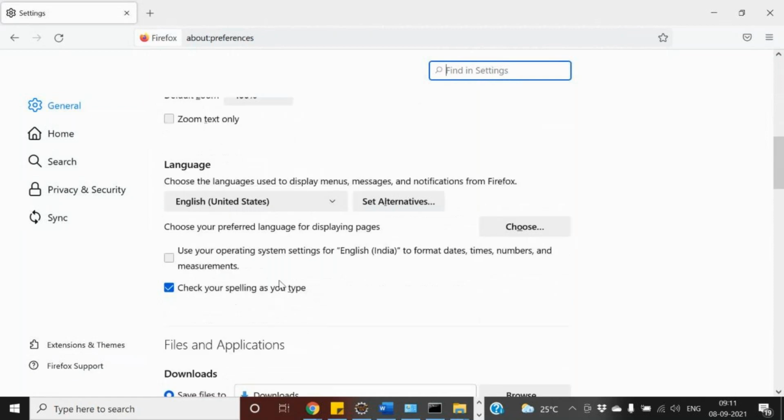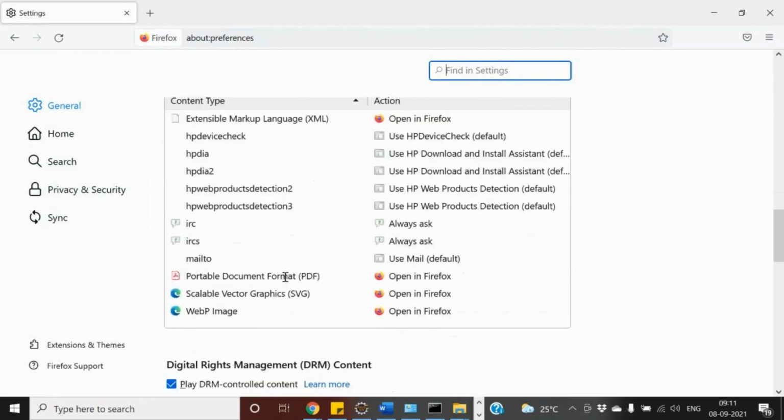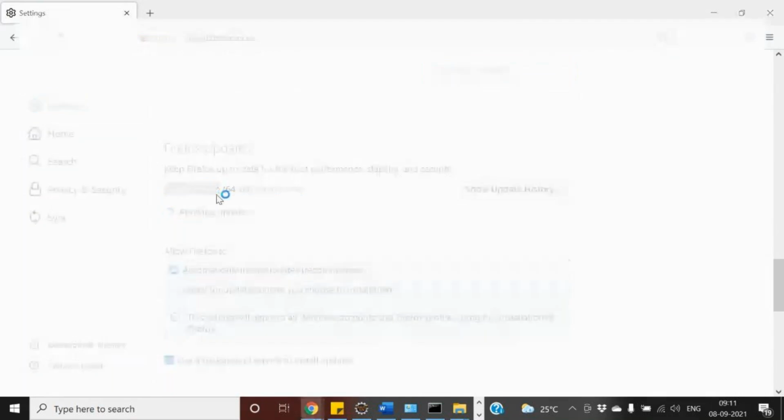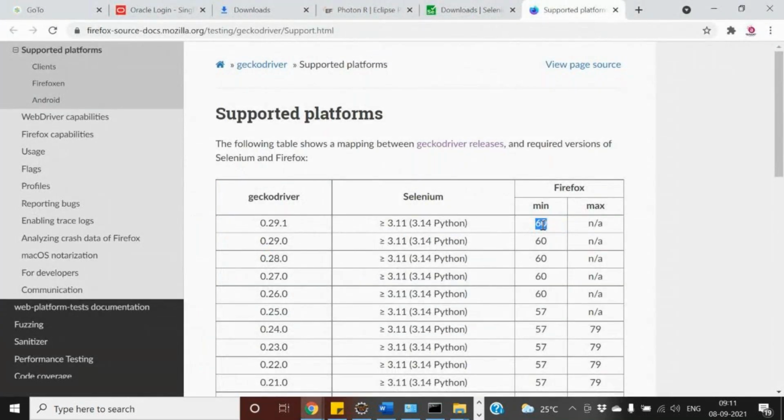Do we have anything over here? See the version of the Firefox, is it in general information? Yeah, so it's 91 as of now, right? The minimum required is 60, max is not applicable.